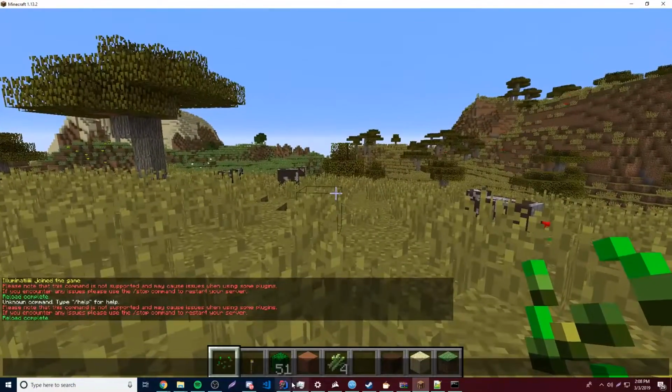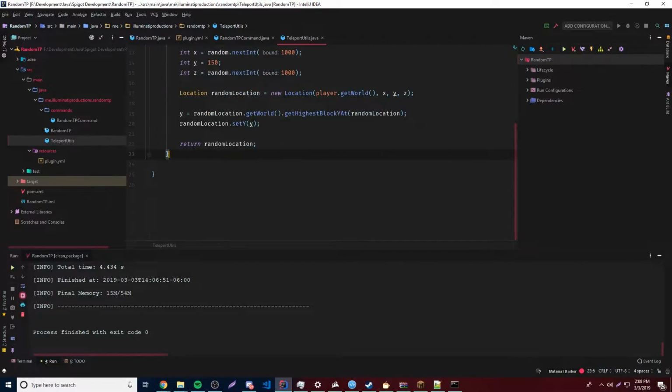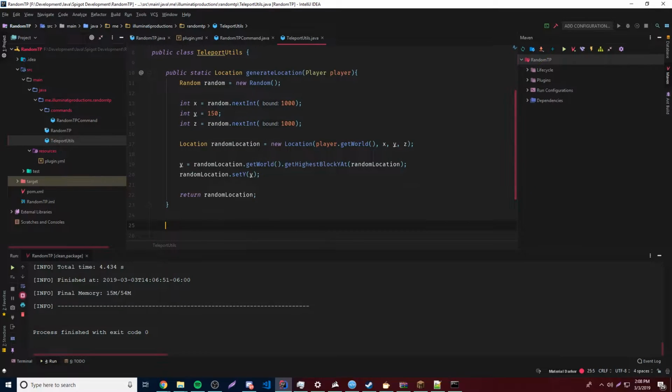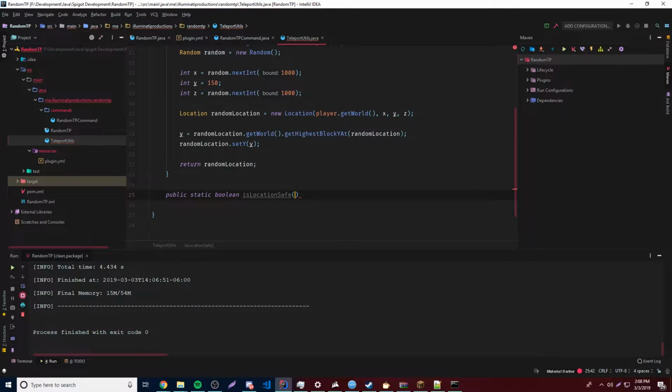So the first thing we want to do here is go back here, and let's just go ahead and create a new method here. So this is going to be public static boolean. It's going to be a boolean so we can get a true or false of whether it's safe or not. So public boolean, and then we're going to call it isLocationSafe. So if the location is safe, then we're going to return true. If it's not, we're not going to return true. So anyway, we want a parameter here. It's going to be the actual location that we want to test to see if it's safe or not. So Location,